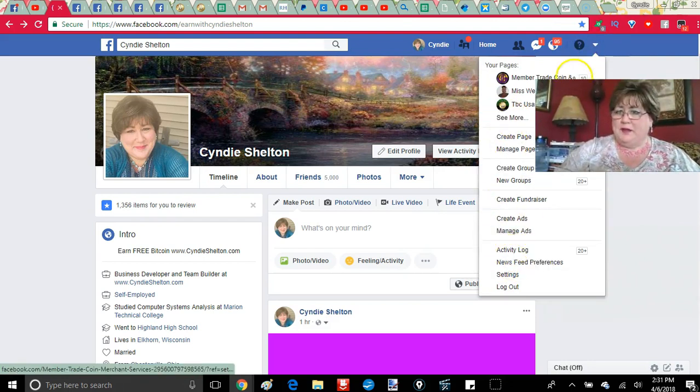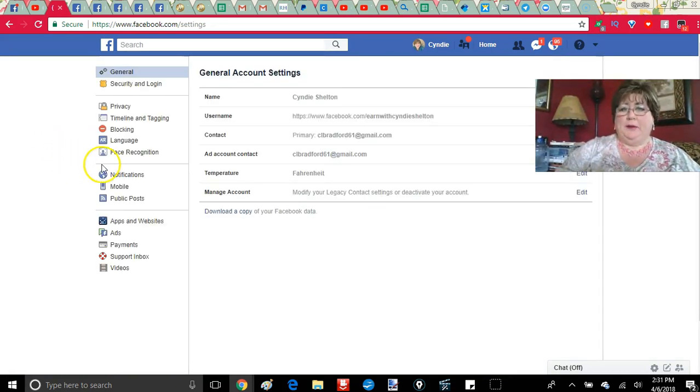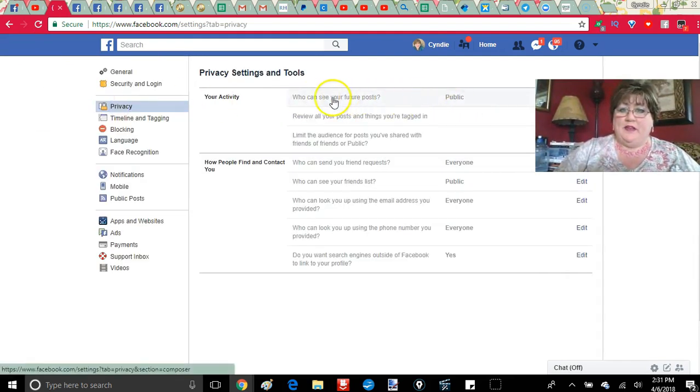I clicked on this drop down menu here and I'm going to go to settings. The reason why you want to go to public is if you're going to market to people, you don't want to just market to your family members or just to your friends, and maybe not to them at all. So you want to make sure you click on privacy and that you set who can see your future posts, and make sure you click